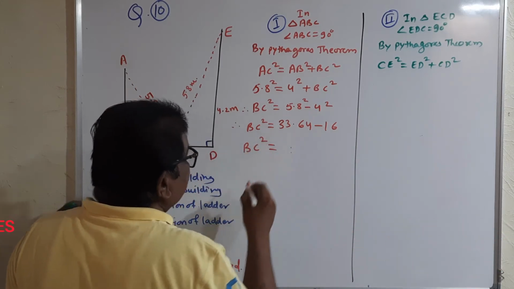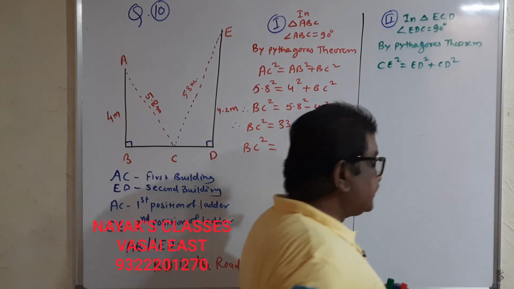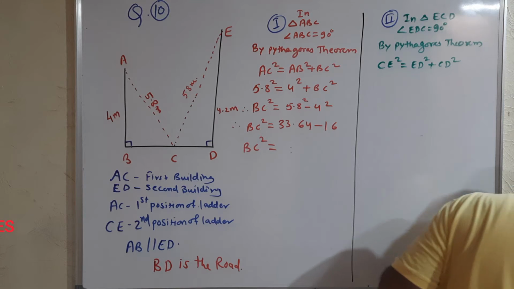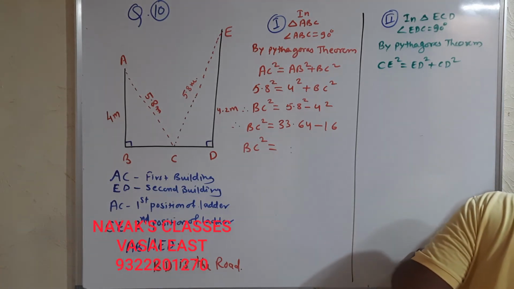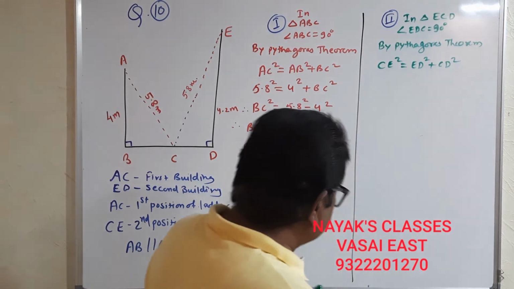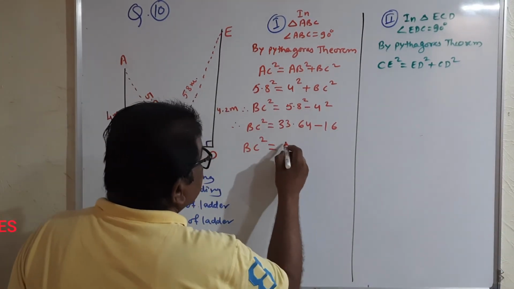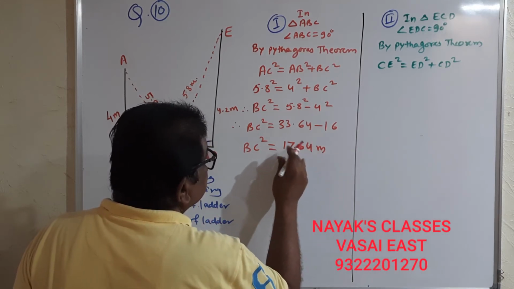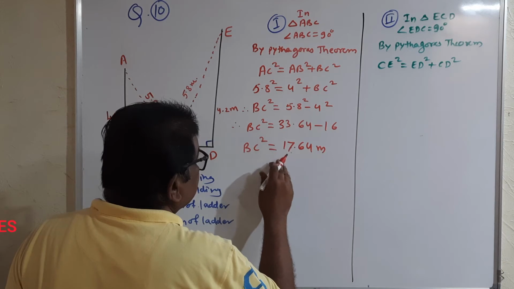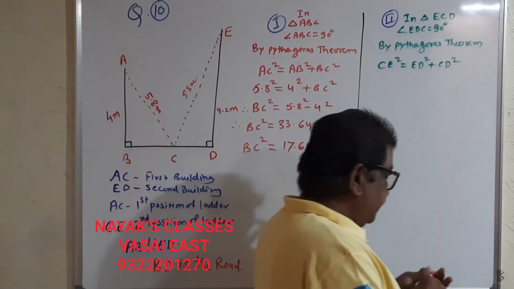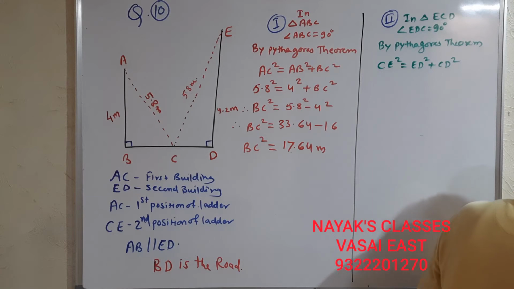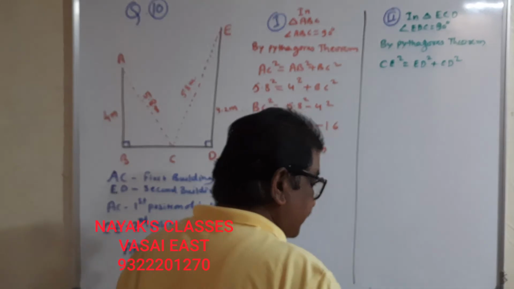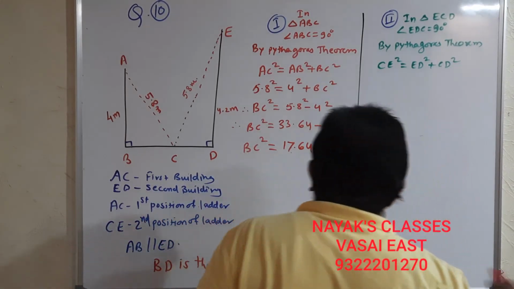So BC square is equal to 17.64 meters. Correct? 17.64, and square root of it is